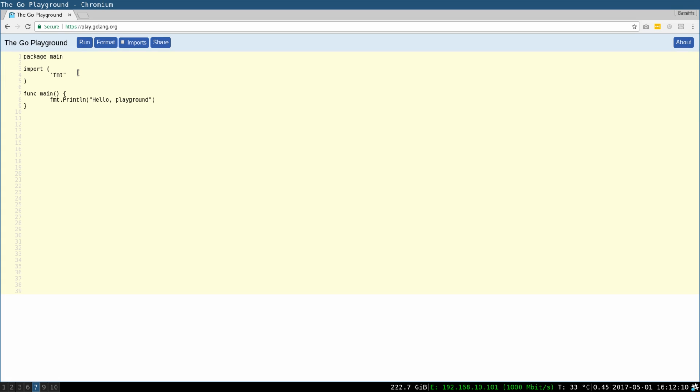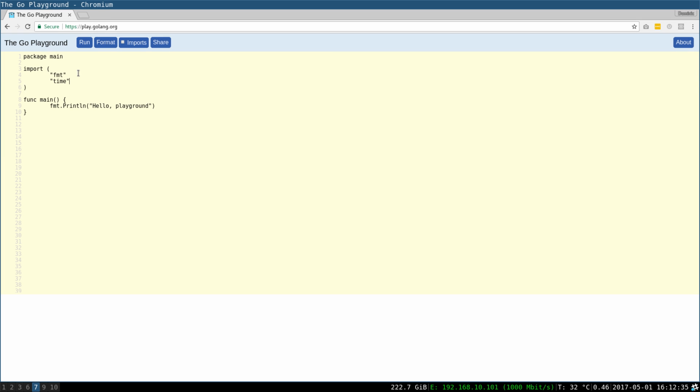So the first thing I want to show you is the playground that Golang offers, a place where you can quickly test some Go code. Since there is no REPL, just like Python, for example, you can quickly test some code in here.